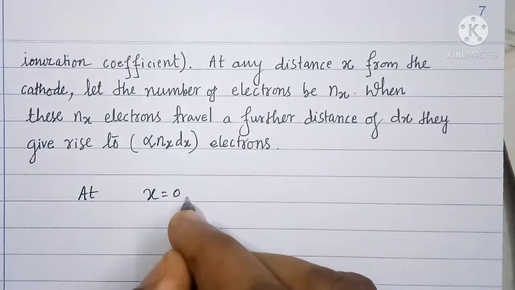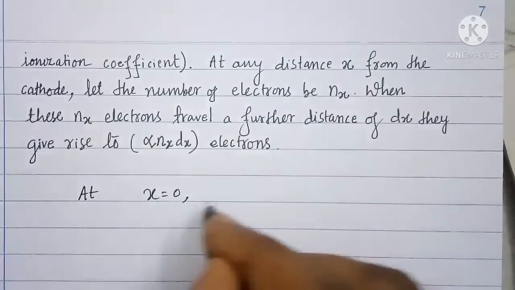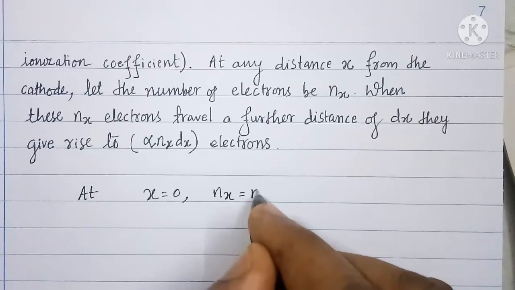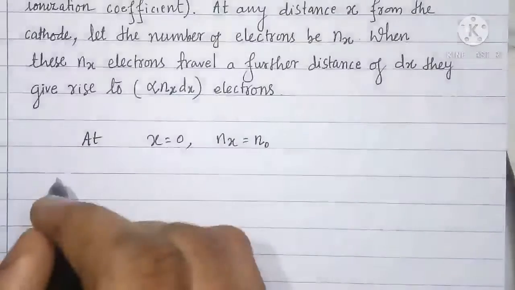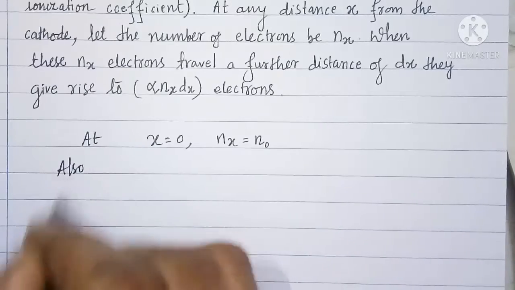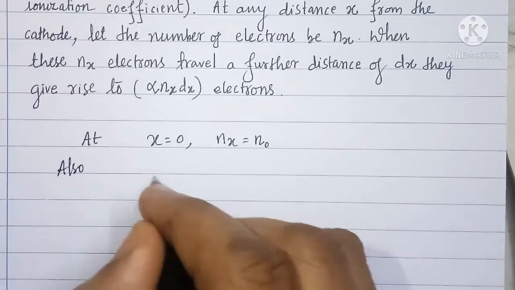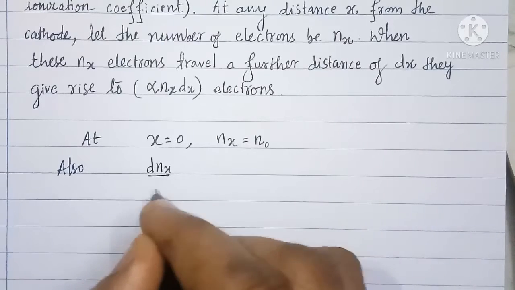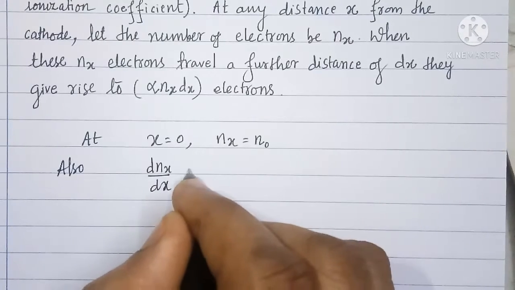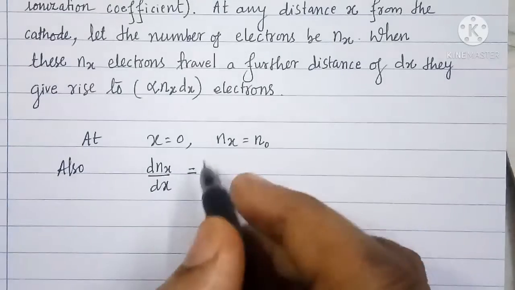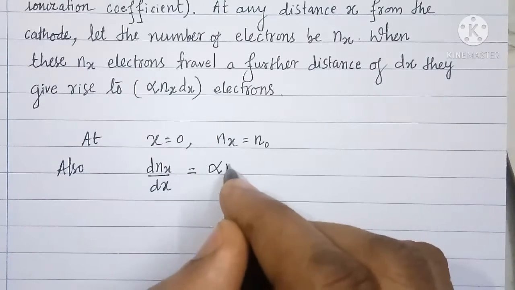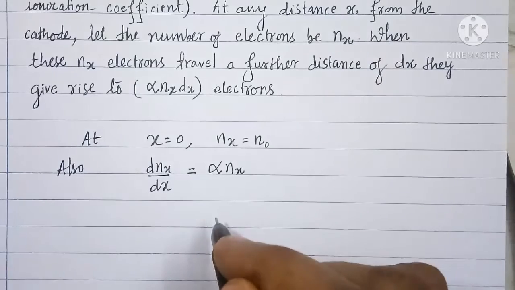At x equal to 0, we know that nx equal to n0. Also, dnx by dx is equal to alpha nx,